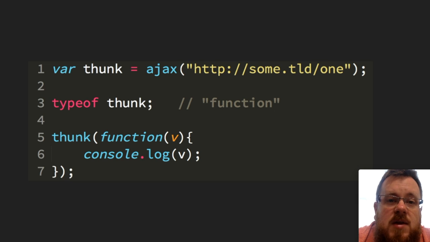Equals there being the synchronous assignment. Well, we know that Ajax has got to be asynchronous, so what would be the asynchronous equivalent of assignment? If we can't use the equals, what would be the asynchronous equivalent? Well, we could basically say that the asynchronous equivalent of an assignment is to pass a callback in, like I'm doing here on line 5, and that callback receives the answer, it receives the assignment asynchronously.